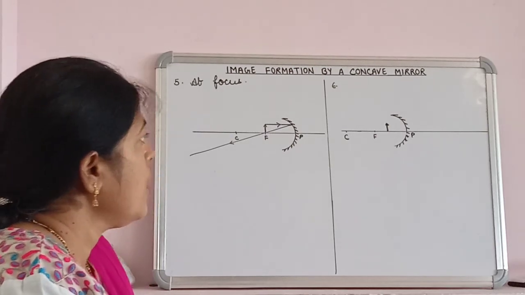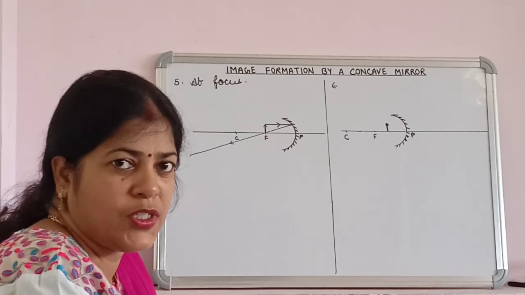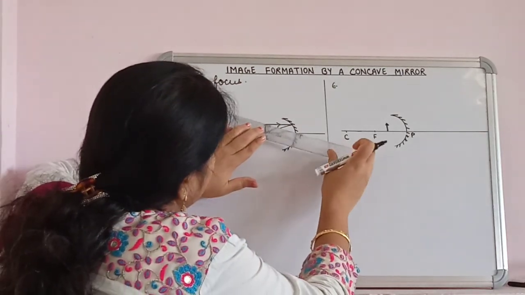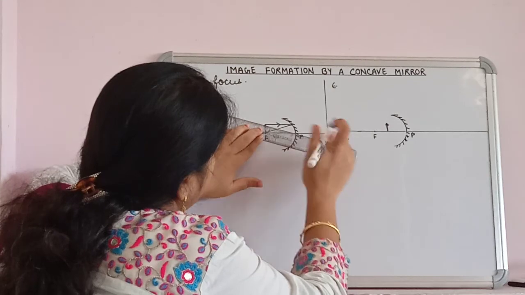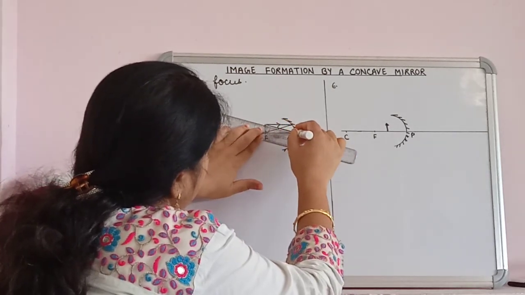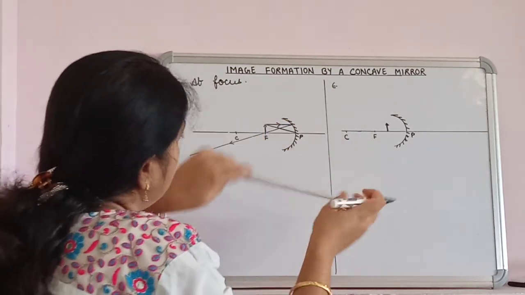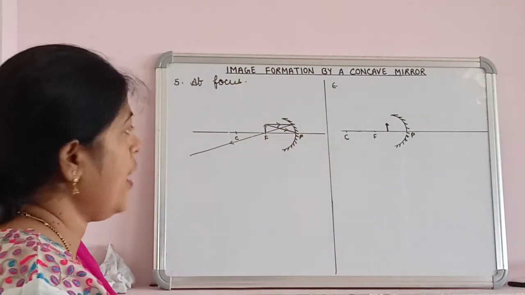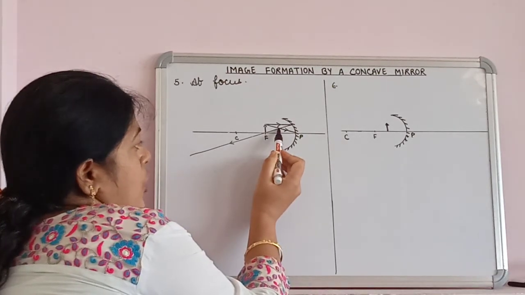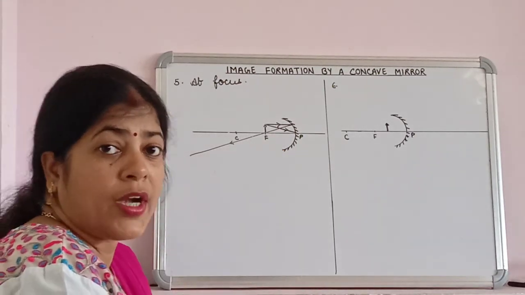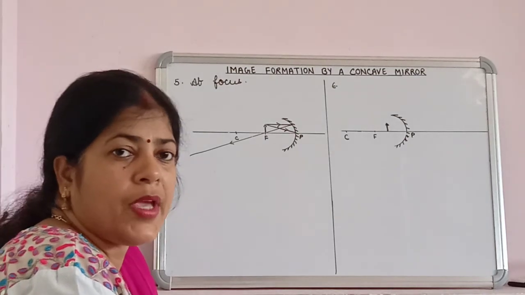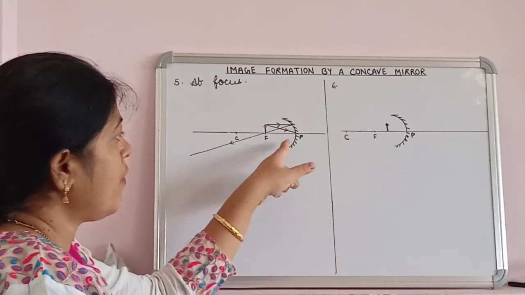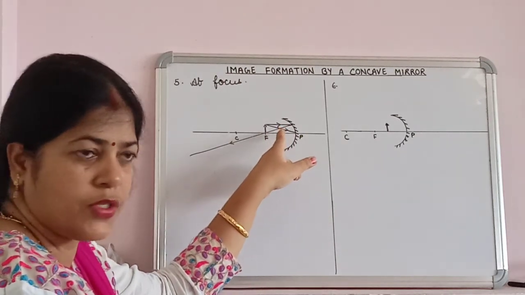Now, in order to get the image of the object, we need the second reflected ray also. Let us find out. For that, we will apply the second special ray. We can take this one. The ray of light is falling at the pole. This is the second incident ray. You can see here there is an intersection here also, but that will not give the image because the image is formed by the intersection of reflected rays only. So, we need to get the reflected ray of this incident ray also.